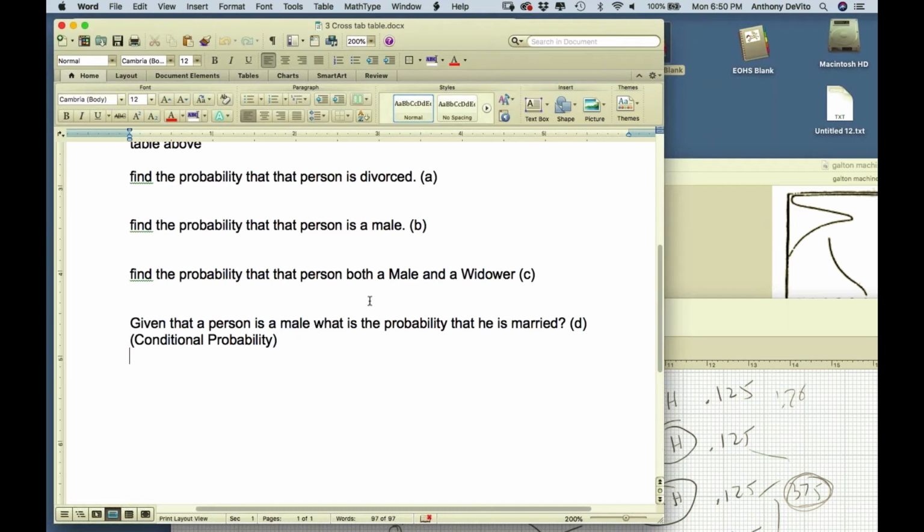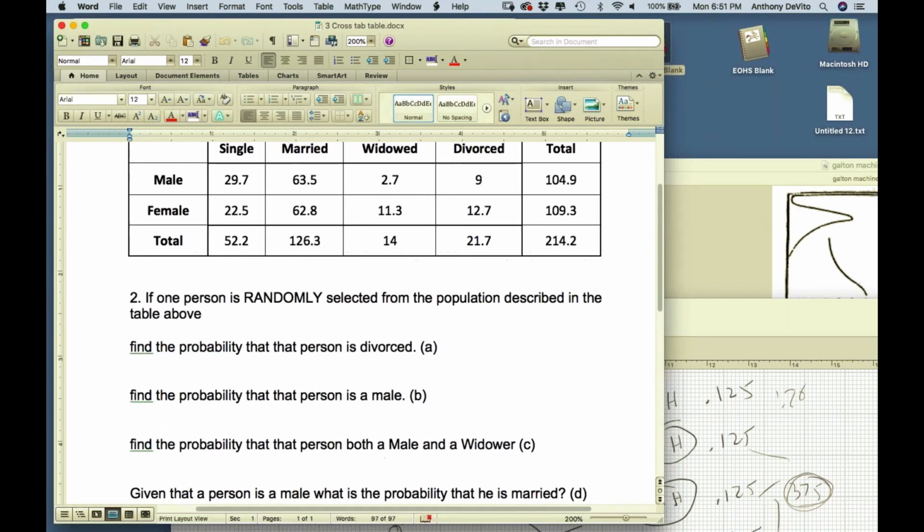Why is that a little bit different? We just spoke about that, right? It's a little bit different because it's a conditional probability. So the condition is we're only choosing among people that are male. We want to know what the probability is that he's married. Given that he's male, which means he's going to be in this line here, what's the probability that